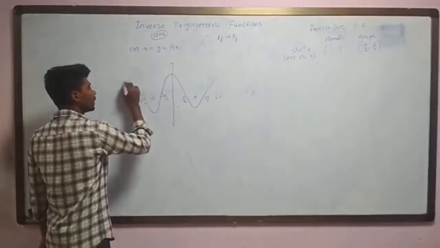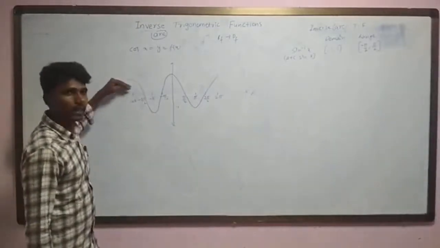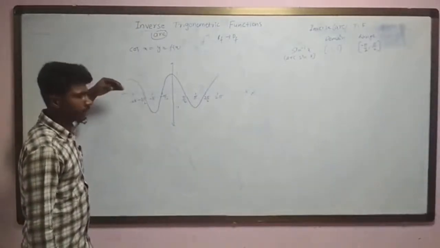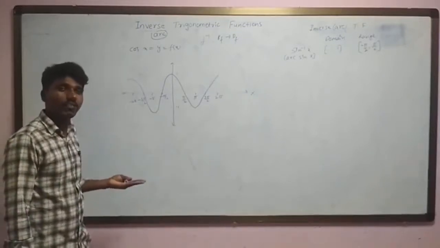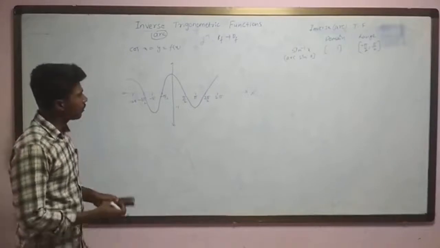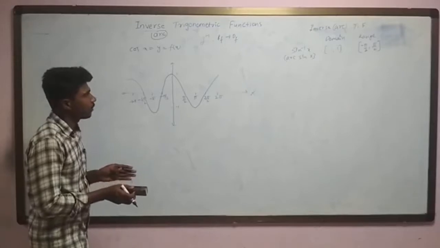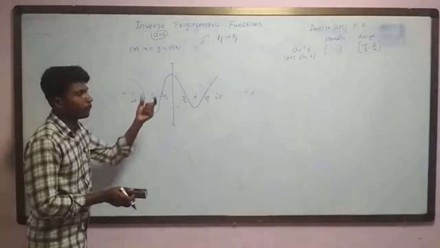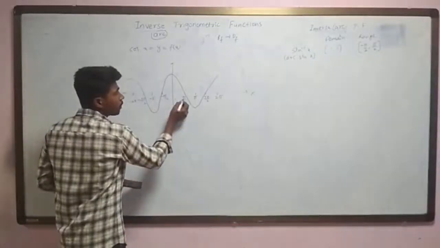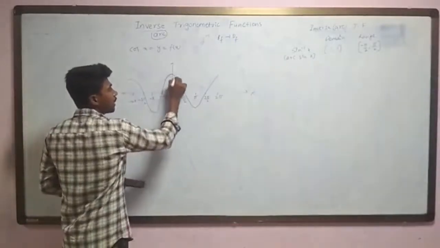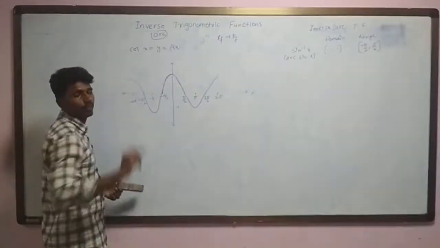So I get its graph like this. Now again we are getting confused, because it's not one-one function. So we have to make it a one-one function, then we can define it as bijective. So where does it behave as a one-one function? First we have to find that particular branch. If I consider as in the previous sine, it's from minus pi by 2 to pi by 2, like this. And if you draw a line parallel to the x-axis, it cuts the curve at 2 different points.